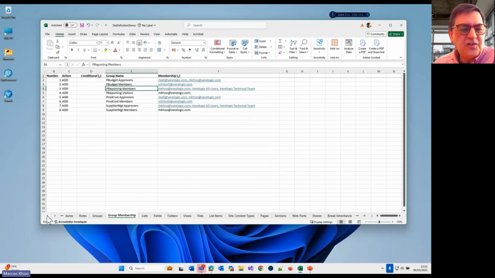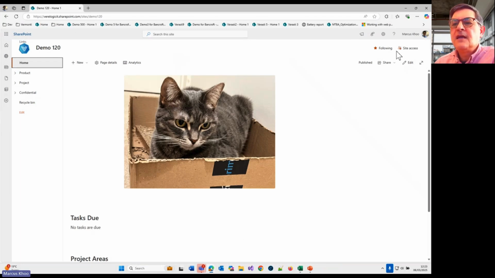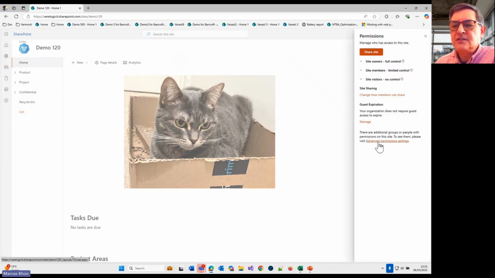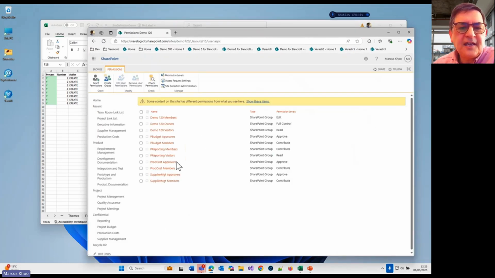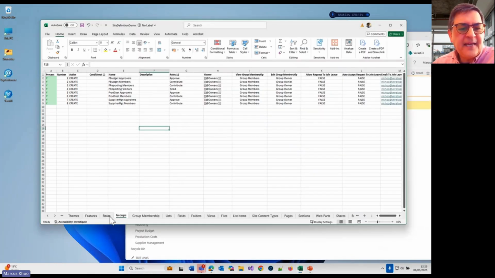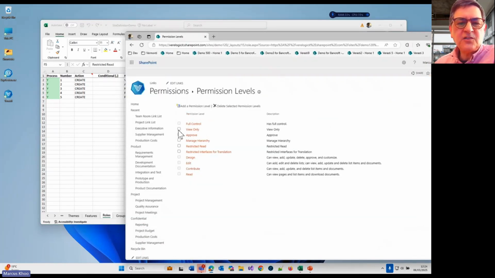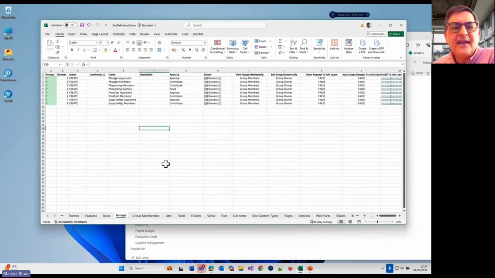So what I got it to do was create some specific groups. Let me just go back to the site, and we're just going to look at site permissions, advanced permissions. And you'll see part of what we did was create these groups. You can see them there. But we also created back here certain roles. And these are actually the new name for permission levels. So you can see these ones here: view, approve, manage. These extra ones might have a specific combination of levels that are needed to be combined. So it did those, and then it allocated some to